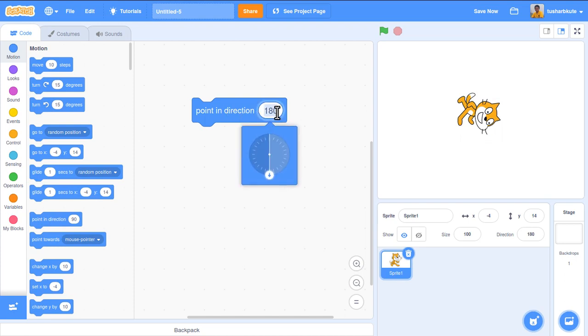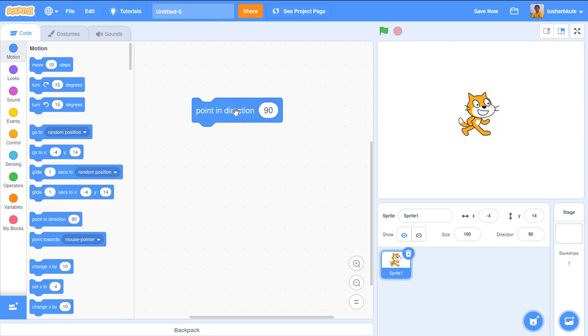Now I want this direction to be 270, or minus 90. I want the direction to be positive 90 again. Click. Now it's looking towards the plus 90 degree direction, the forward direction.